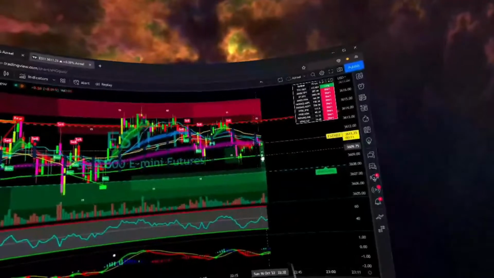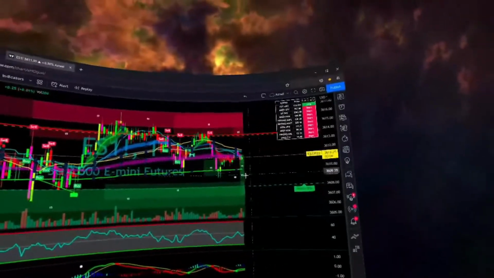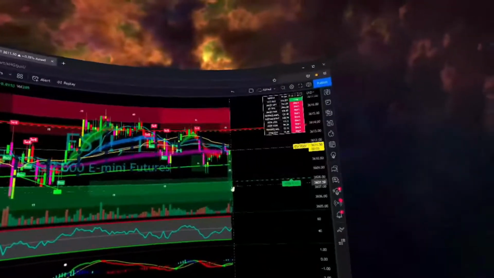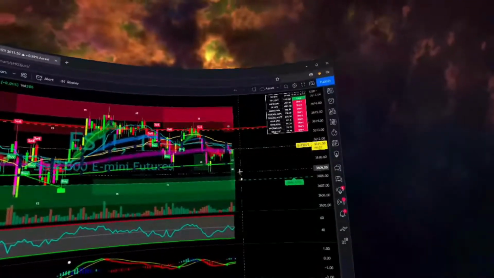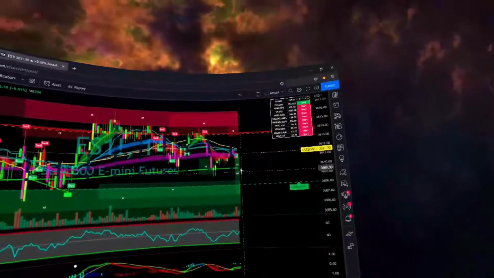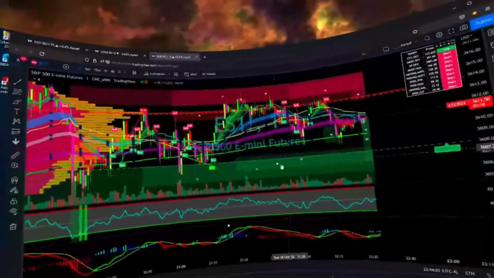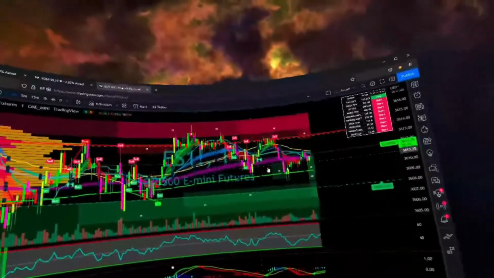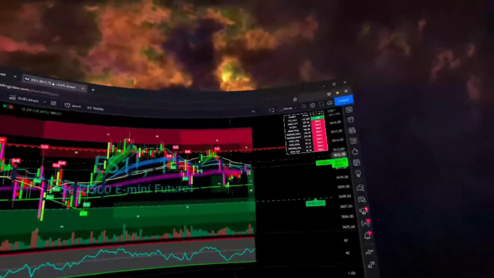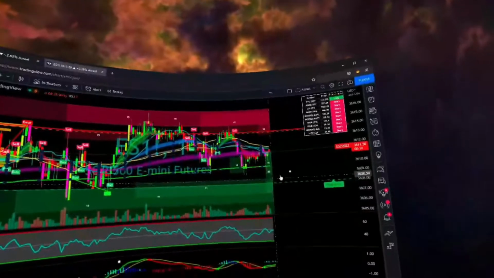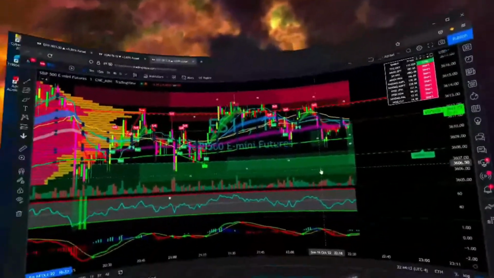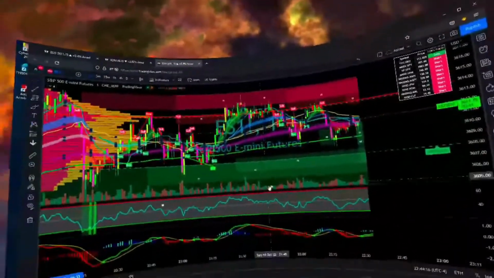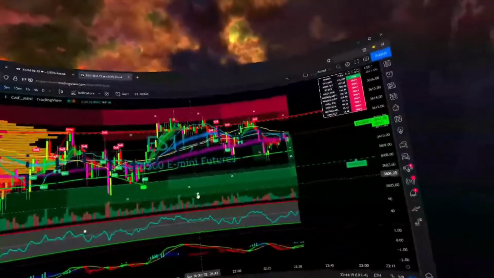So our confirmation to take entries on this will be if we break lower on the VWAP, but unfortunately this will only be a 5-point drop if it breaks, because we do have a lot of resistance on the 15-minute and the 1-hour time frame. So essentially what this is doing is ES is going in a squeeze. Either way, we're not going to talk about charts at this moment. So I just wanted to do a VR introduction